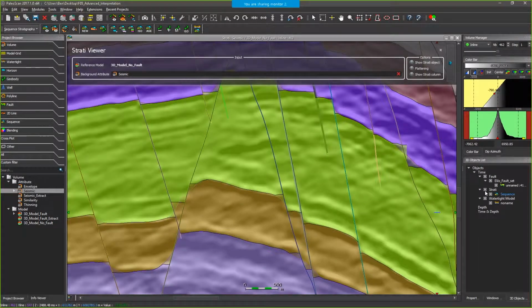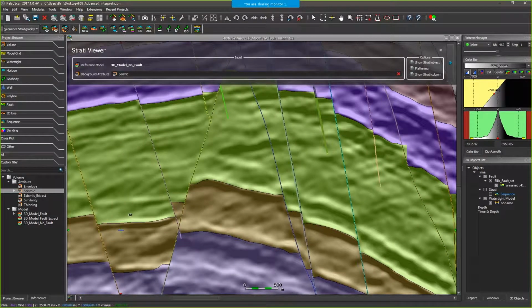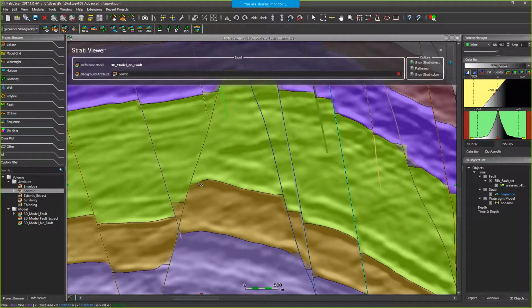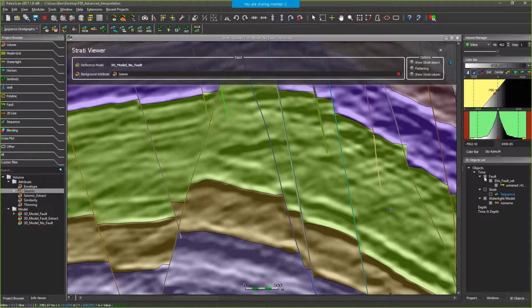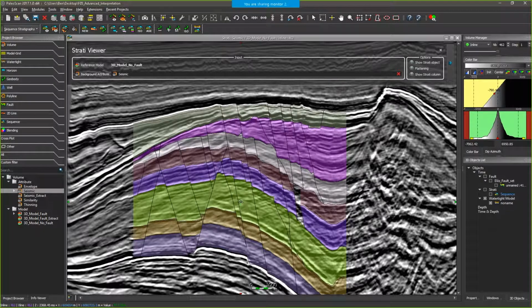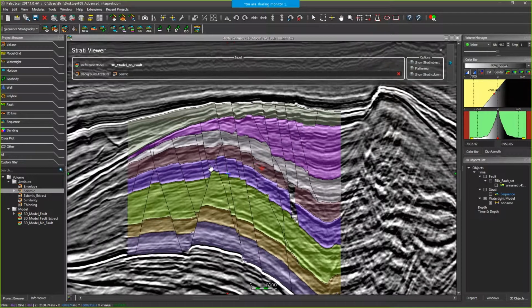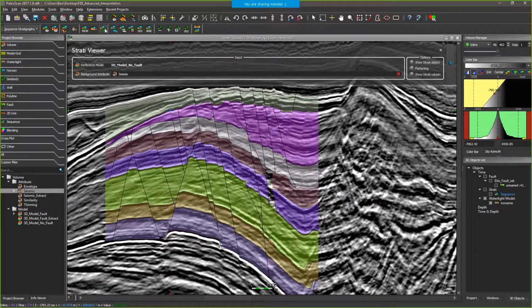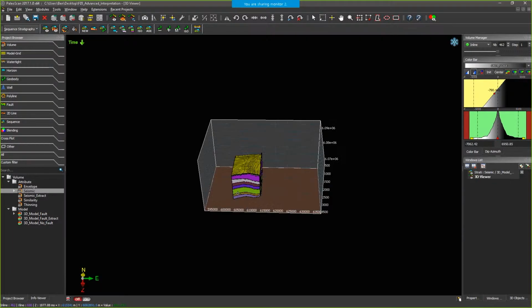And with the watertight model, we have exactly the truncation between fault and horizons. If I display the two at the same time, as you can see, we interpolate to have exactly the truncation between fault and horizons. Just one comment: I will also toggle off the fault. Zoom out, and as you can see, this object, the watertight model, contains horizons and fault in the same object. Just some visualization with the 3D viewer, just like this.